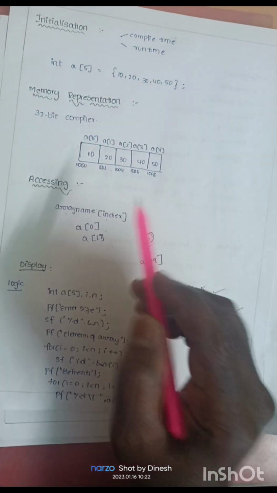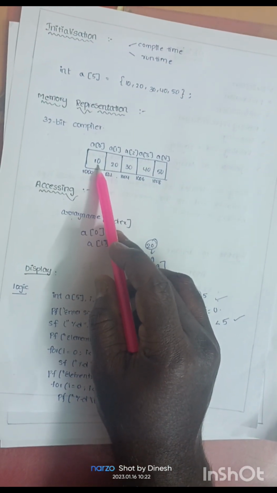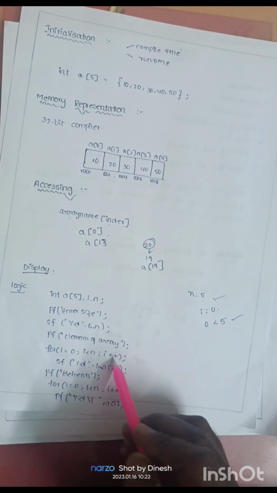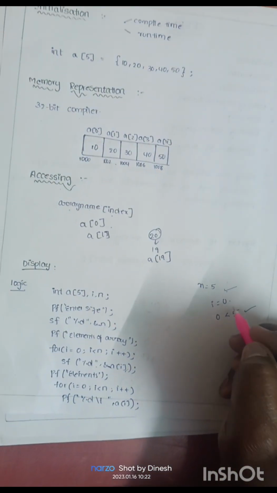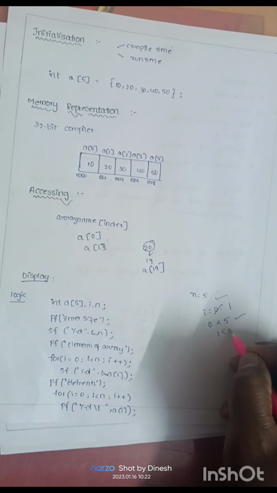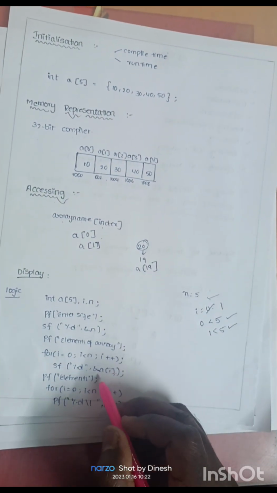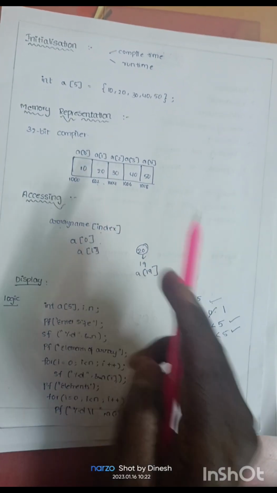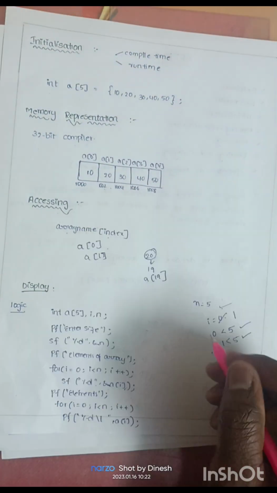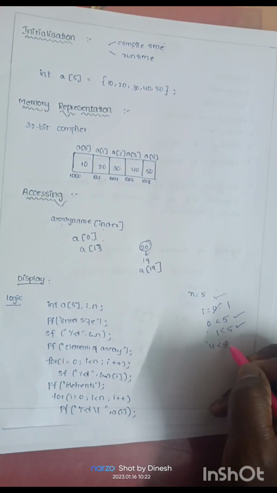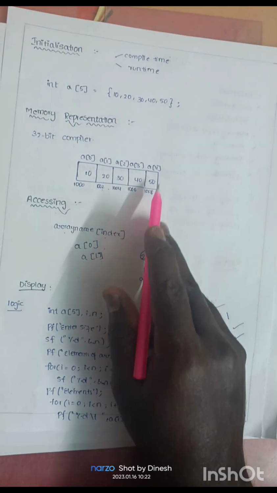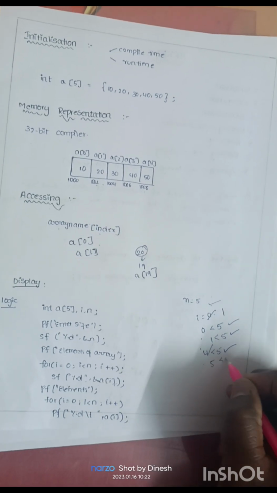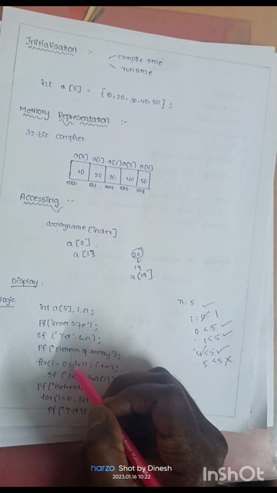A of I means a of 0, here the first element. Here the 10 will be stored in the 1000 memory location. Then I plus plus: 0 becomes 1, 1 less than 5, condition is true. Then a of 1, 20 will be stored in 1002 location. Likewise up to 50: 4 less than 5, condition is true, 50 is stored in 1008 location. Then I plus plus, I becomes 5, 5 less than 5, condition is false, then it will come out of